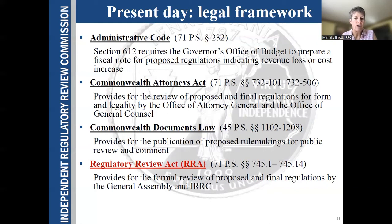The second is the Commonwealth Attorneys Act, which provides for review by the Office of the Attorney General and the Office of General Counsel. The Office of the Attorney General reviews regulations before they are delivered to IRRC. I'm sorry. For final regulations, OGC reviews them before delivery to IRRC, and the AG reviews them after IRRC